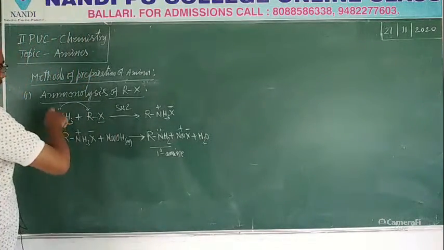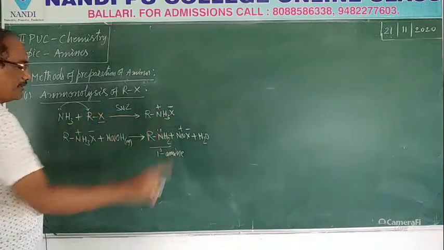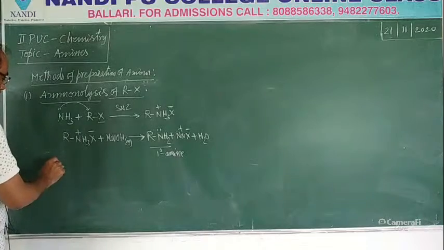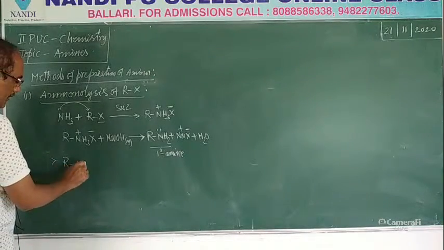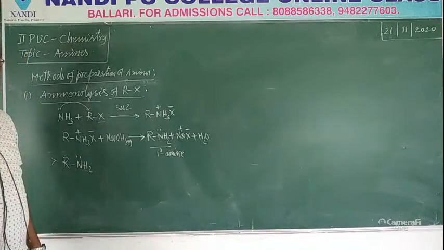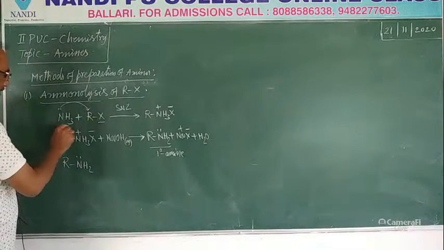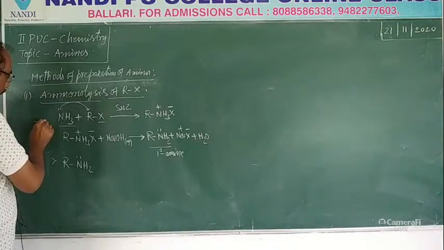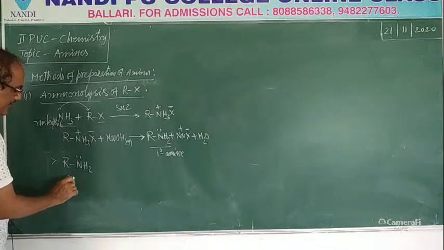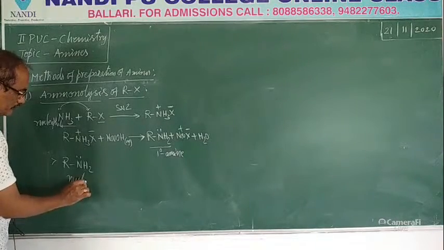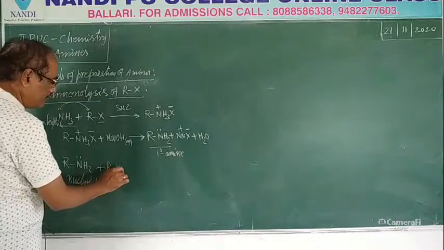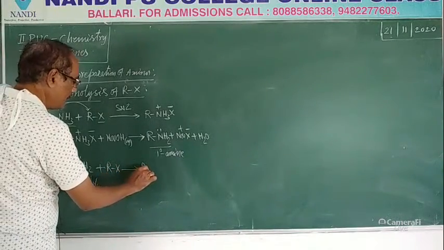That means whenever the nucleophile is attacking, at the same time the leaving group leaves. Now this primary amine also acts as a nucleophile again. This will react with one more alkyl halide, so that we get